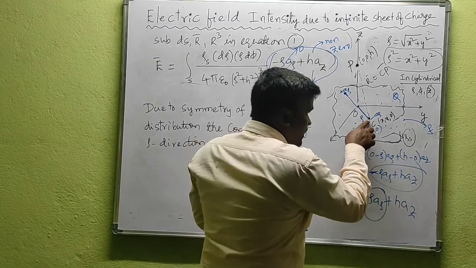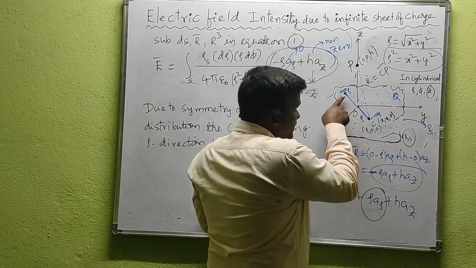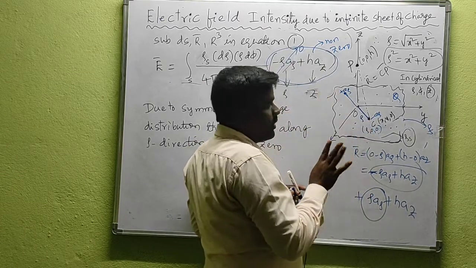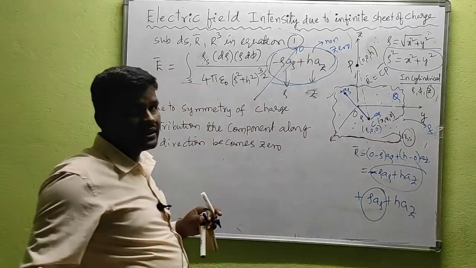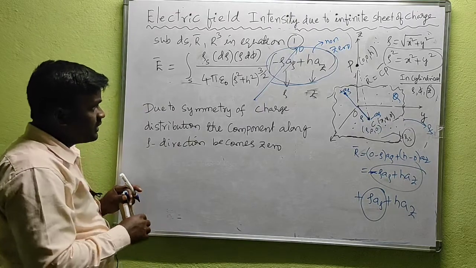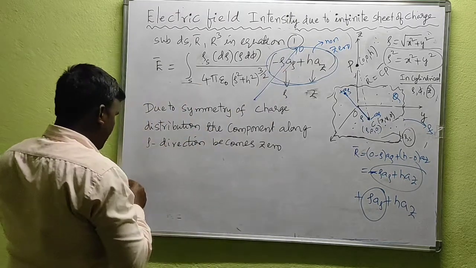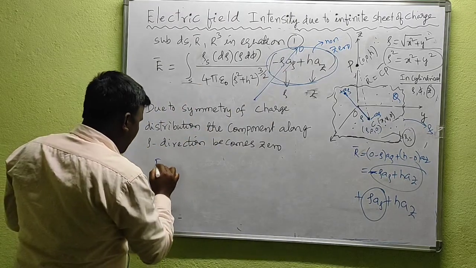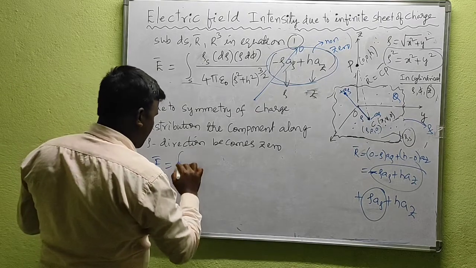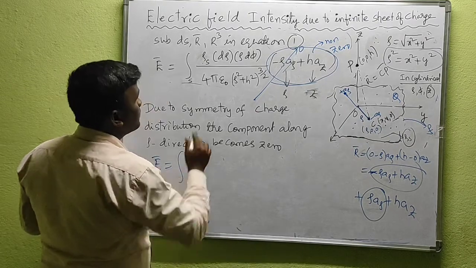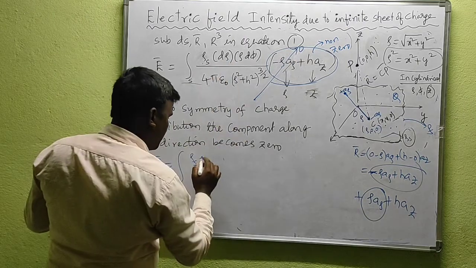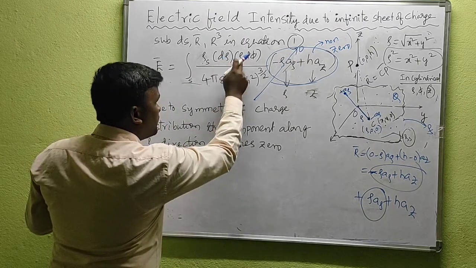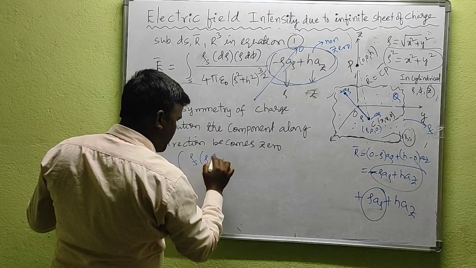Okay, if I have a negative charge density here, in this direction we have a positive charge density, so this negative and positive cancel out. Finally the component along the rho direction is 0. So that's why this is 0. That's why we have E bar as what? E bar is nothing but the integral of rho s d rho. Let us write the rho component at one place. It is d rho, and this one is rho, so we can write rho d rho.